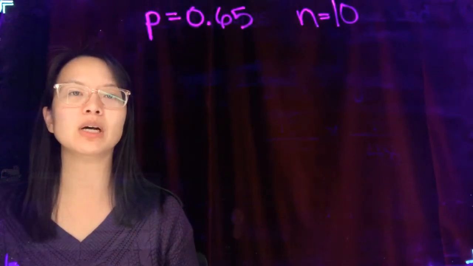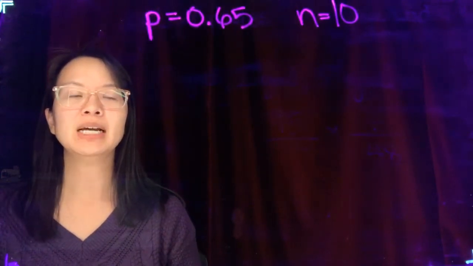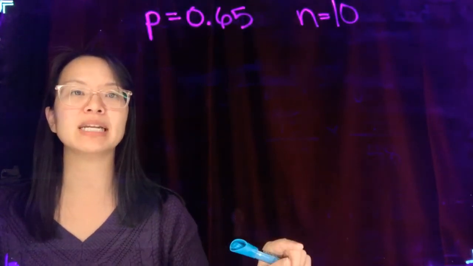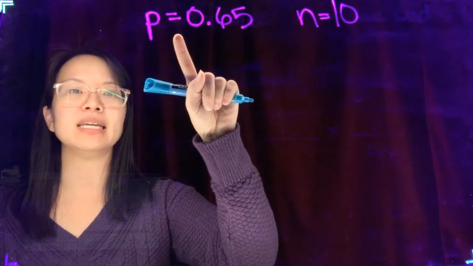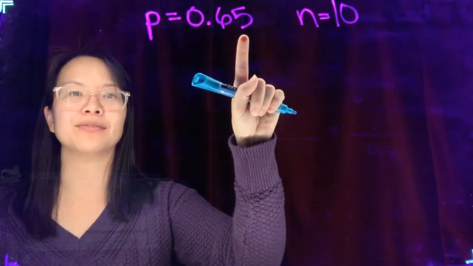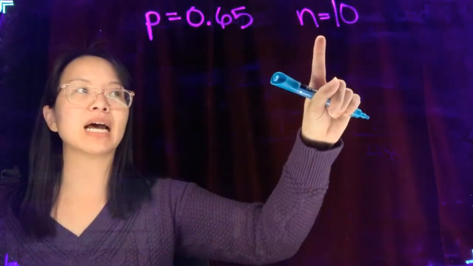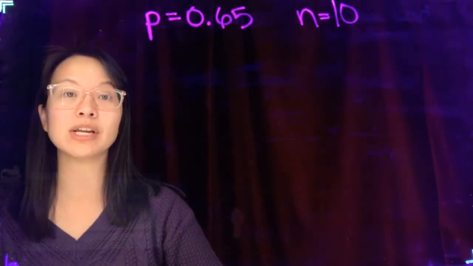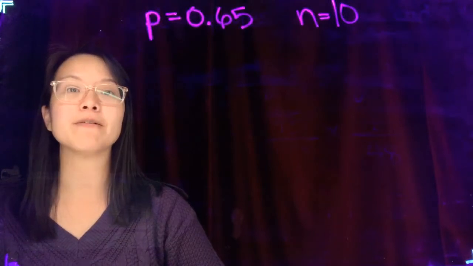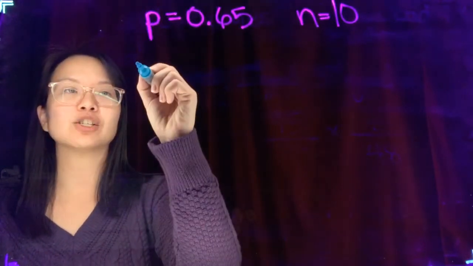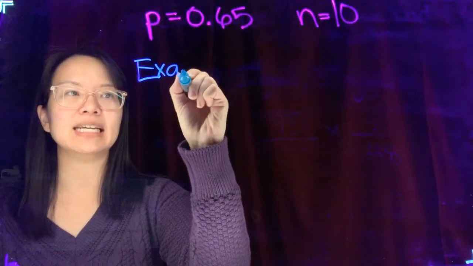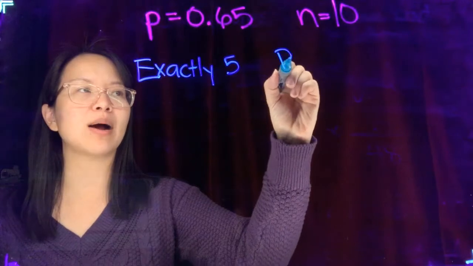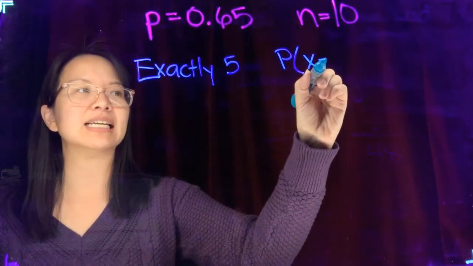So let's do an example of a binomial distribution. Let's say a random variable follows a binomial distribution with a probability of success at p equals 0.65, and we have a sample size, or lowercase n, of 10. So in our first scenario, we're interested in finding exactly 5 successes. I'll write exactly 5 is the same as saying the probability that x is equal